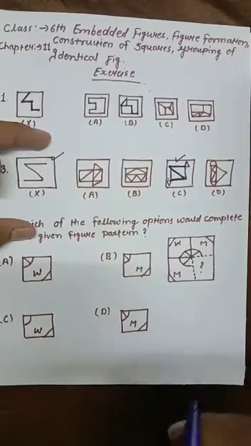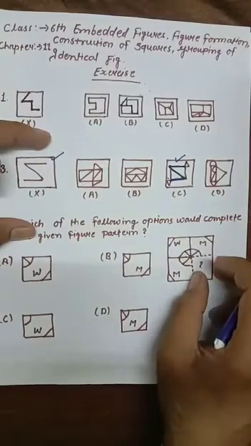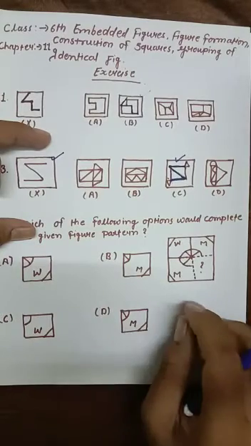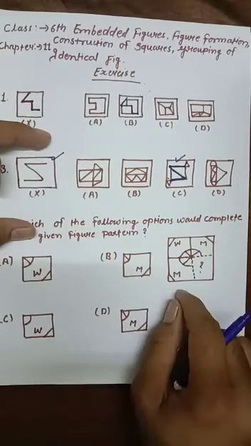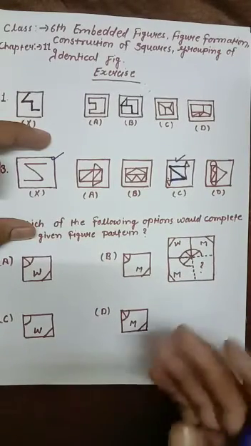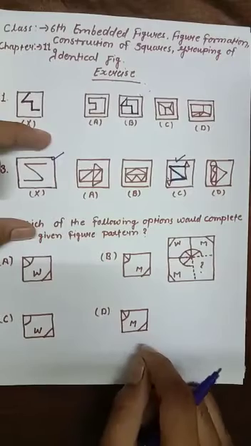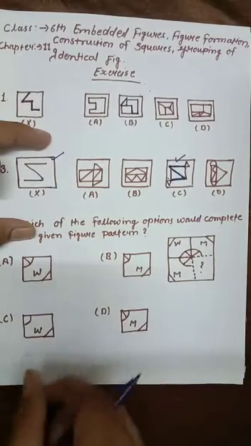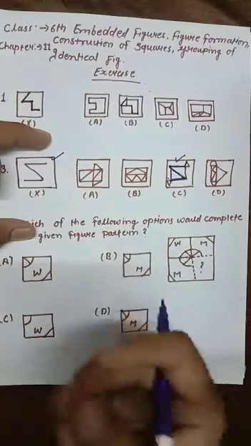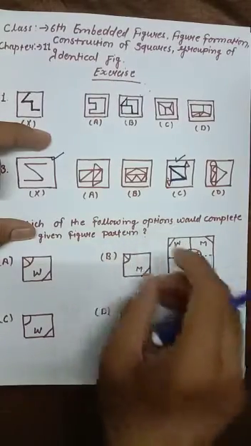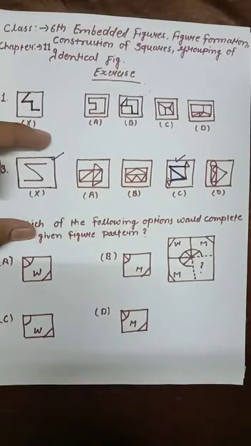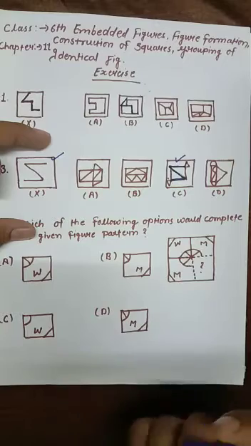So first of all, understand this thing. If we are completing any figure by picking from the options A, B, C and D, we have to remember the important thing, that a certain kind of logic is going on, and on the basis of the same logic we have to pick an option. We cannot straight away pick it. Suppose you think let B should be here, let D should be here. No, you can't pick like that. You have to apply the logic which is already going on in the question.